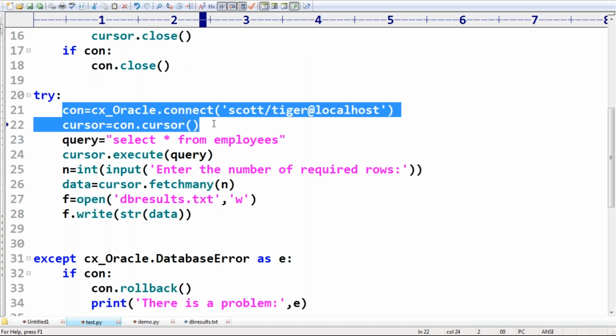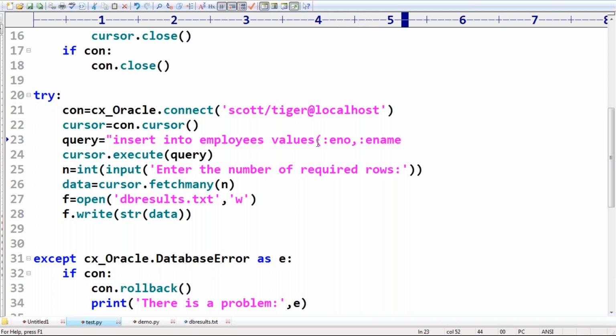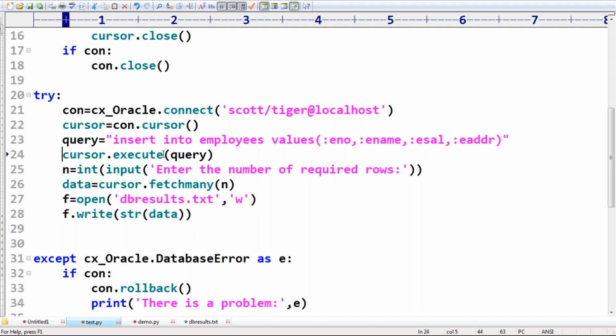Con is ready. Query is ready. Can you please spell out what the query is? What is the query, sir? Please respond. Insert into employees values, parameterized query. Eno, ename, esal, address. This is my query. Cursor dot execute many, percentage query comma